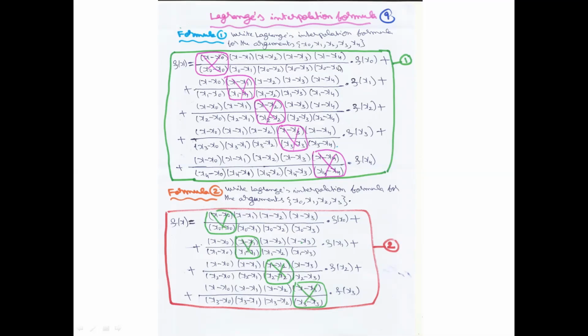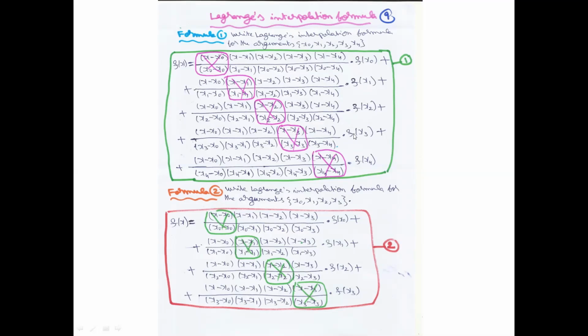Now come to the second term. In the first term, the numerator is the same. In the second term also. Similarly, in the third, fourth, fifth. In the first term, each denominator factor starts from x naught. In the second term denominator, x1, x1, x1, x1, x1. In the third term, f of x2 is there, and the argument is x2, x2, x2, x2, x2.